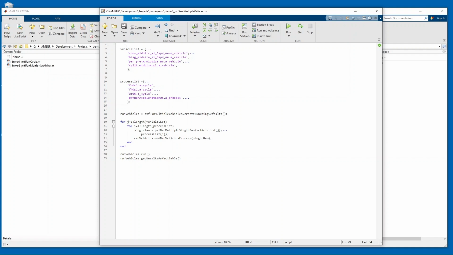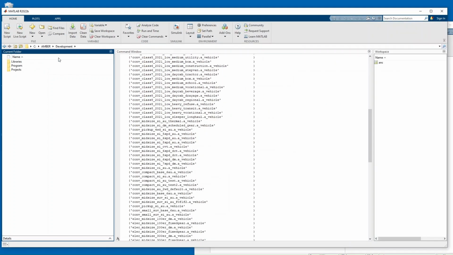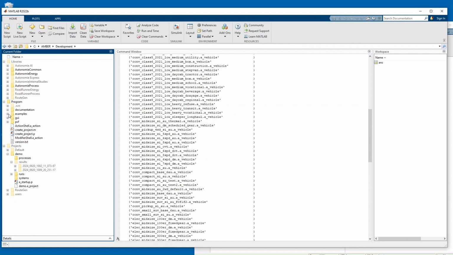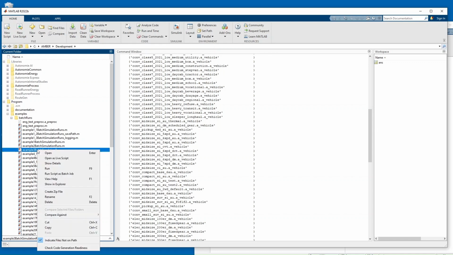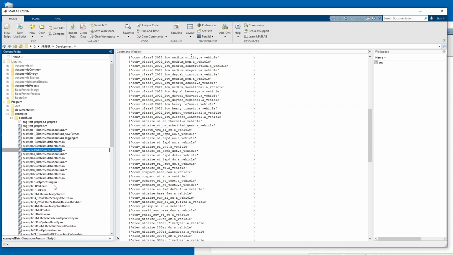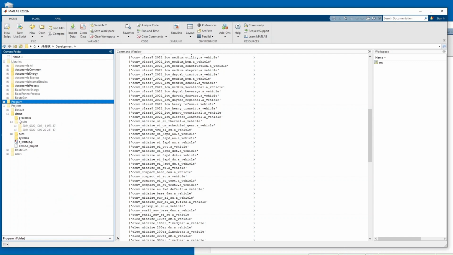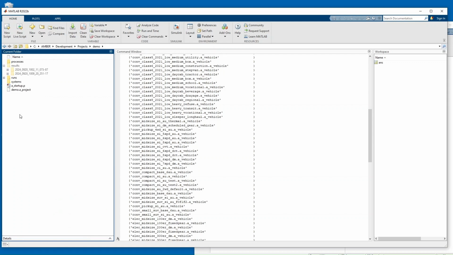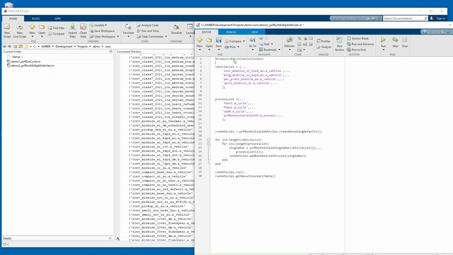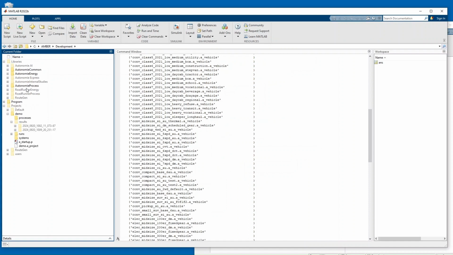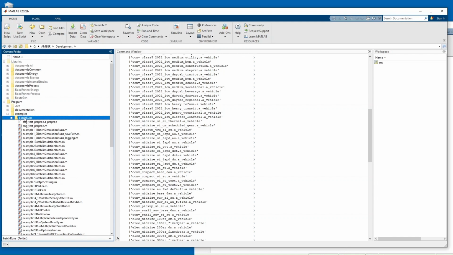This itself is in a folder. So if you go to development and you go to the program folders and you go to batch runs here, this is actually, I think, example 3. So you can always find the full example in that batch folder. If you want to know where that is in the release, you could go to program folders, example batch runs here, and